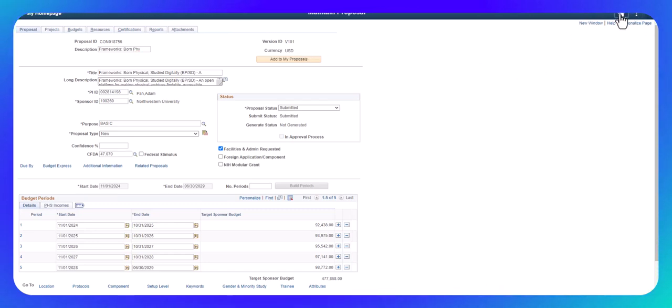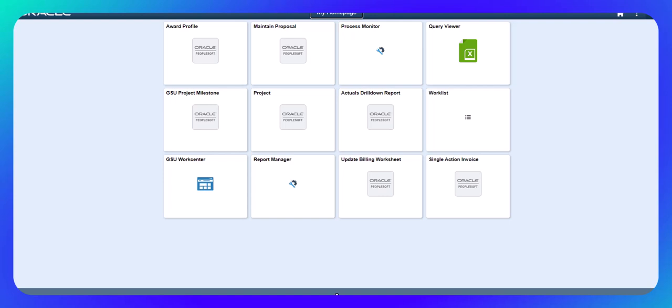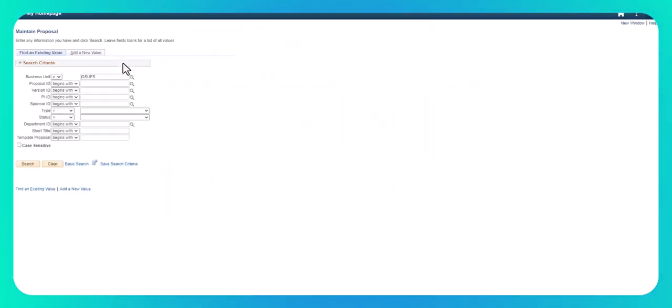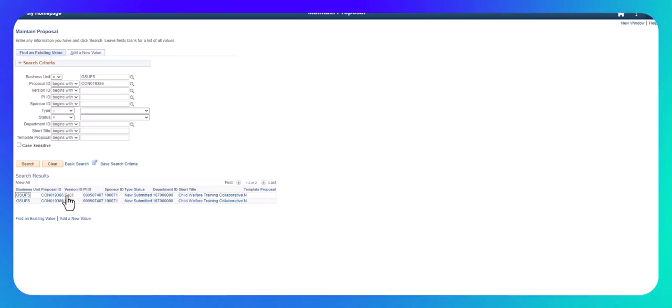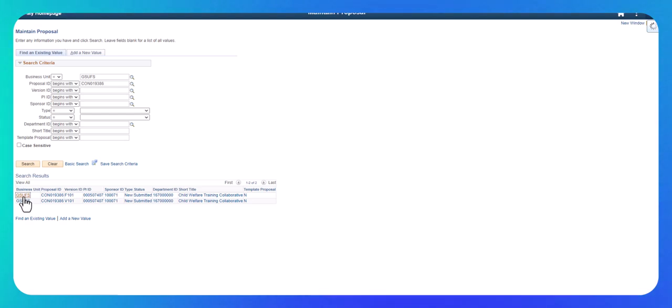I'm going to show you an example of what it looks like if an advance account is in place. This is not the award we're setting up, but if I search for this particular CON, there is an advance account in place. You can see two records open down here, and the F101 has been created and submitted but not awarded. The status is submitted, and if I open this record,